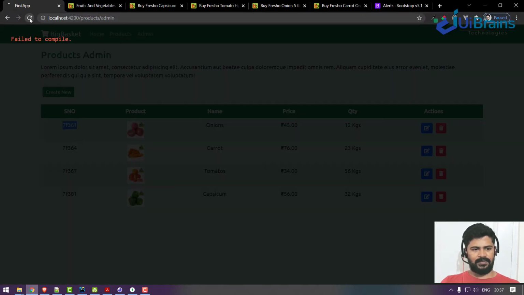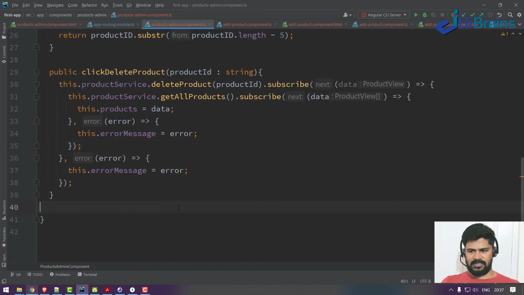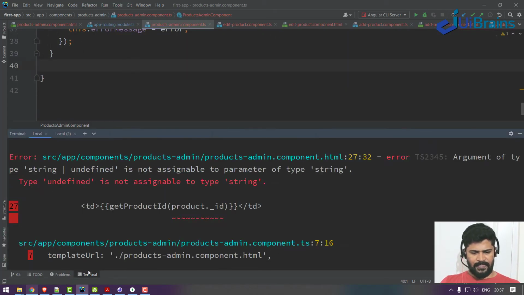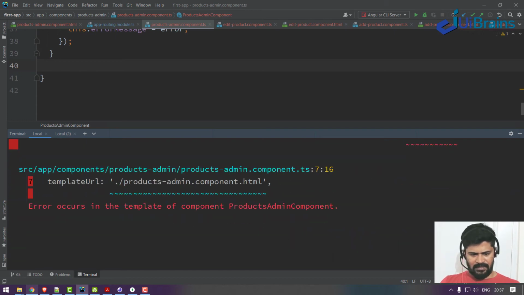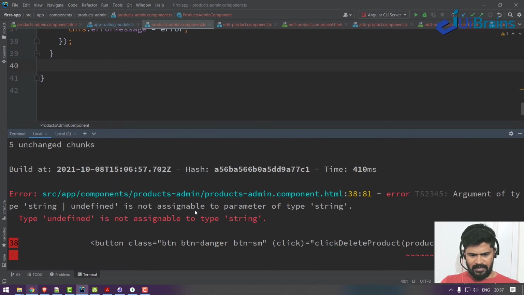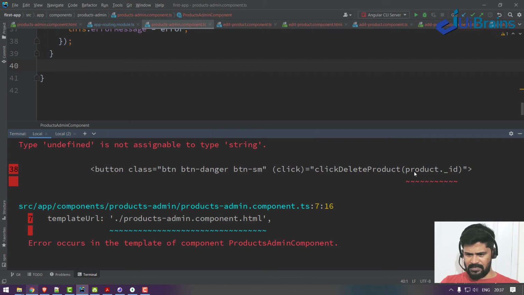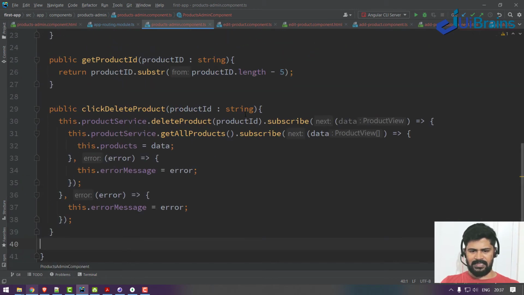Some problem. It says get product ID of product ID. Where is this? I think something is wrong. Yeah, admin. It says click product ID, and it says it cannot be null.